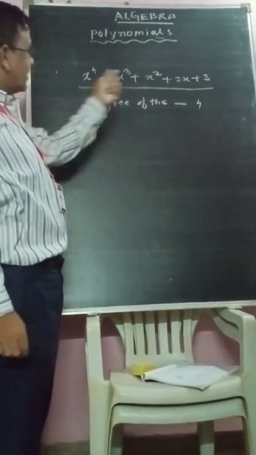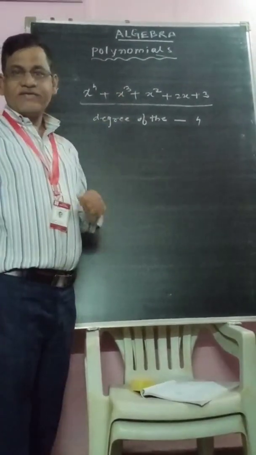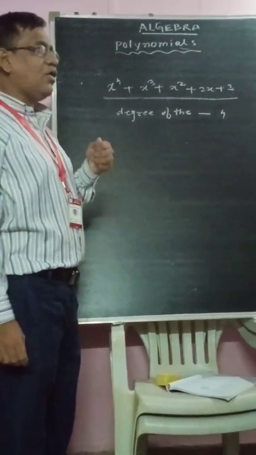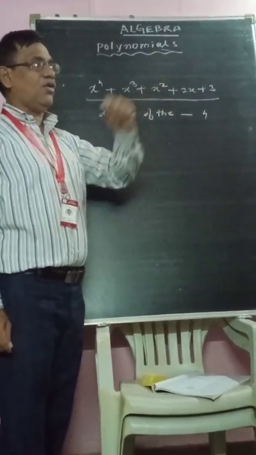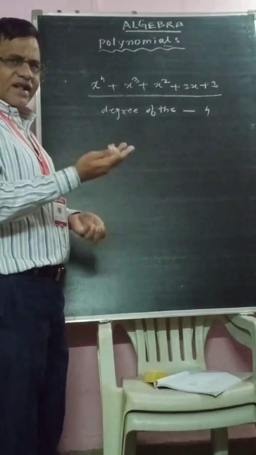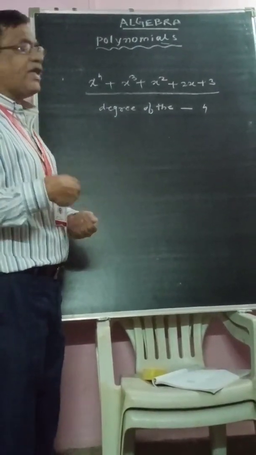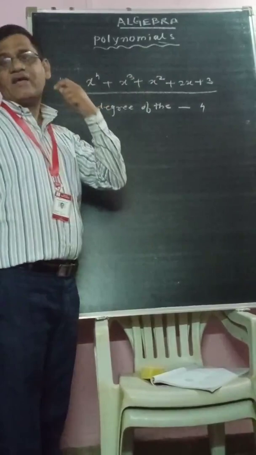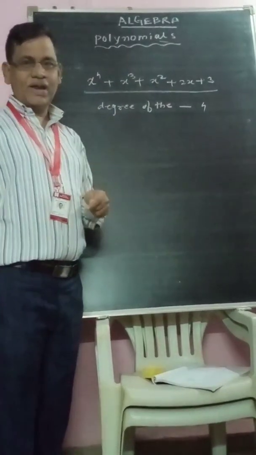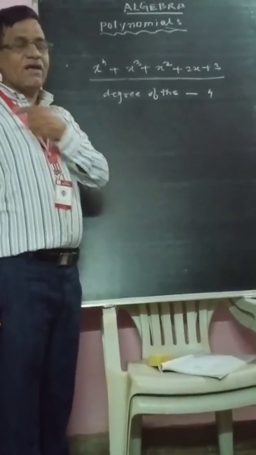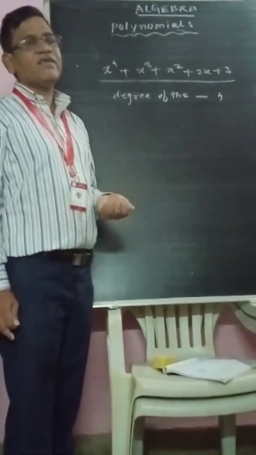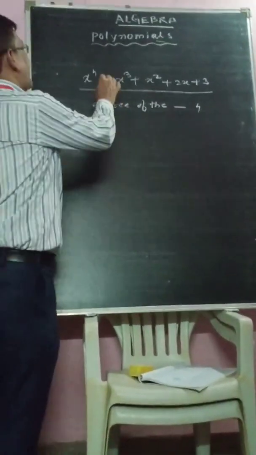Now, if the powers are arranged in an ascending or descending order in a polynomial, then that polynomial is called a standard form polynomial. Means this is written in the standard form of the polynomial. Either it is ascending or descending, then you can say that this polynomial is in standard form. When we write any polynomial in ascending order of the power or descending order of the power, then that form is called the standard form of the polynomial.